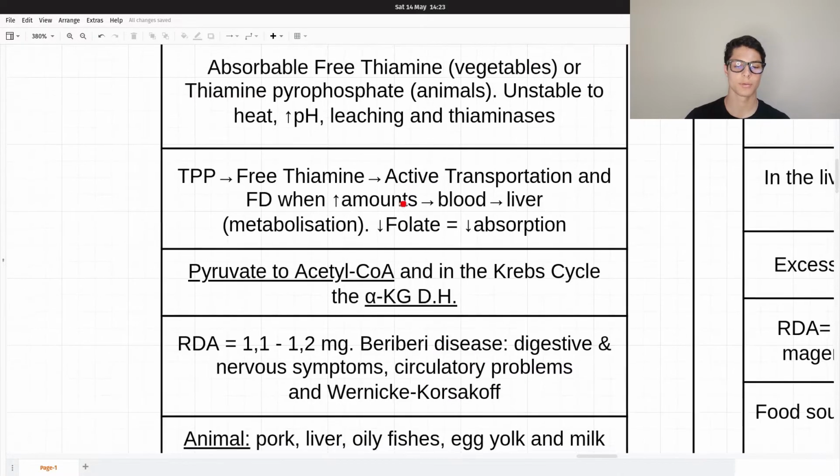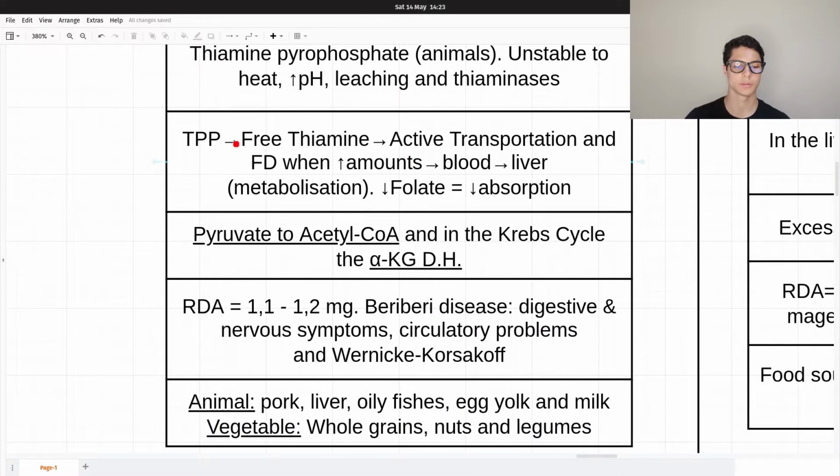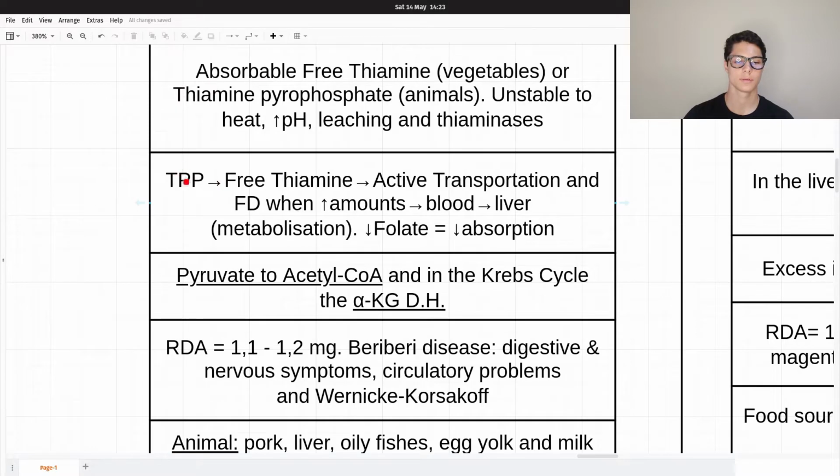The metabolism on absorption is this one. From the thiamine pyrophosphate in animals, we have the phosphatases that create the free thiamine. Free thiamine is absorbable and is absorbed through active transportation mainly, but when we have high amounts, facilitated diffusion also plays. Then they get inside the enterocyte, they get into the blood and then into the liver, where there is